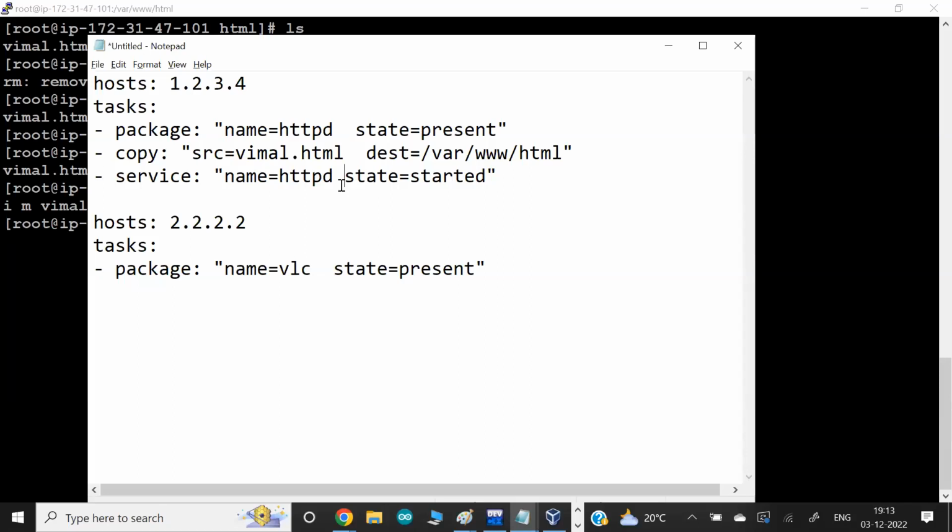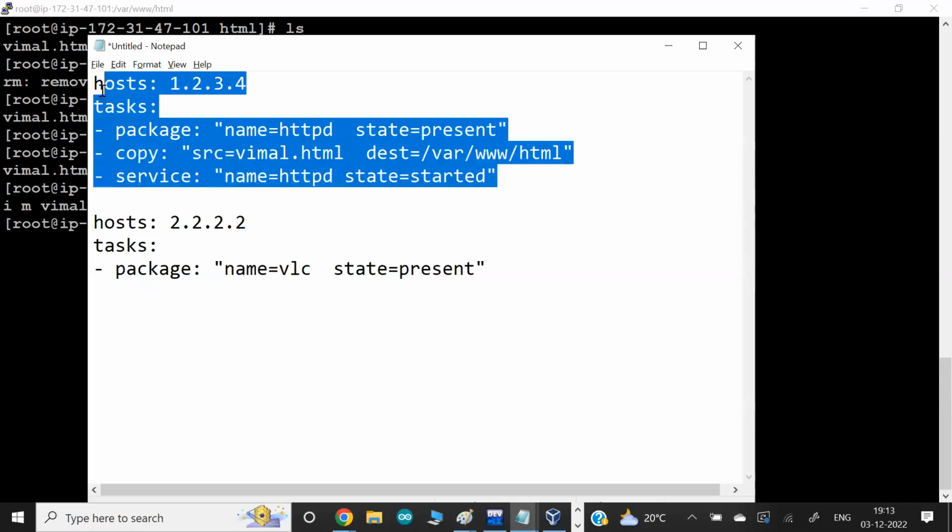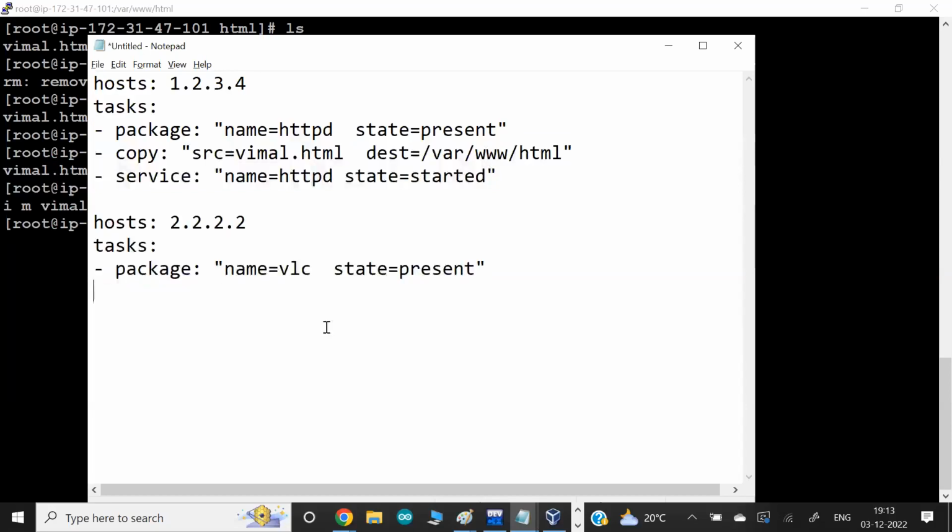And technically, this is one play, this is a second play, and that is not just a playbook, it's a book of plays. So we can define this host, or we can give a range also. Range means multiple host names also, like 3.3.3.3. So in these two computers or two hosts, run this task. In this host, run this task. Whatever you type here, per host, in one host keyword, whatever tasks you run, this entire